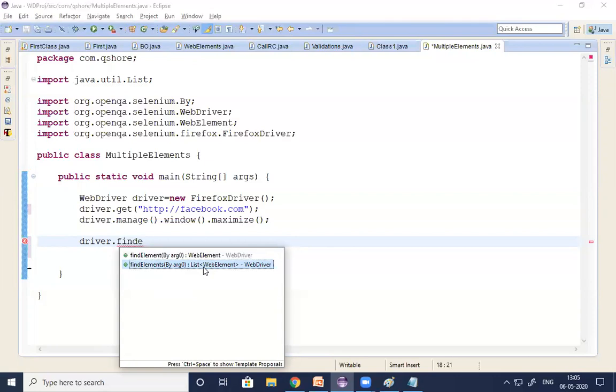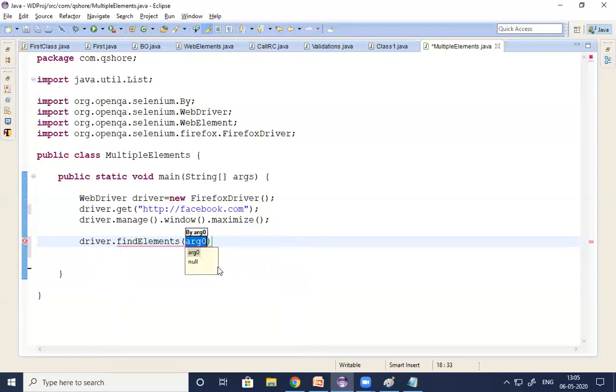Understand everyone? The find element method we are using to identify only one element in a page based on the unique locator. But the find elements method we are using to identify a group of elements, multiple elements, based on the common locator, and we can store them into a List of WebElement collection. That is the difference between the find element and find elements method. So here we are using the find elements method to count the number of links. driver.findElements(By.tagName("a")). Every link has the same tag name, so By dot tagName of A. So what is the meaning of tagName of A?